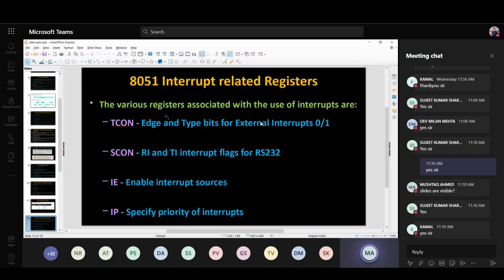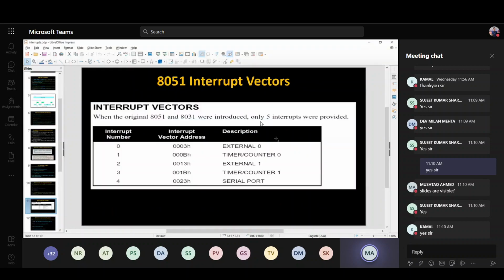In the 8051, all five interrupts, external 0, timer/counter 0, external 1, timer/counter 1, and the serial port, are maskable, meaning the CPU can disable all of them. They are also all vectored interrupts, meaning each has a fixed address. External 0 has 0003, timer/counter 0 has 000B, external 1 has 0013. So all 5 interrupts are maskable as well as vectored in the 8051.